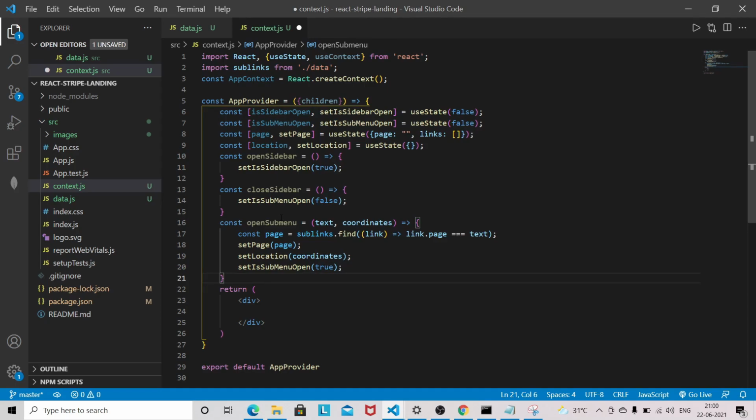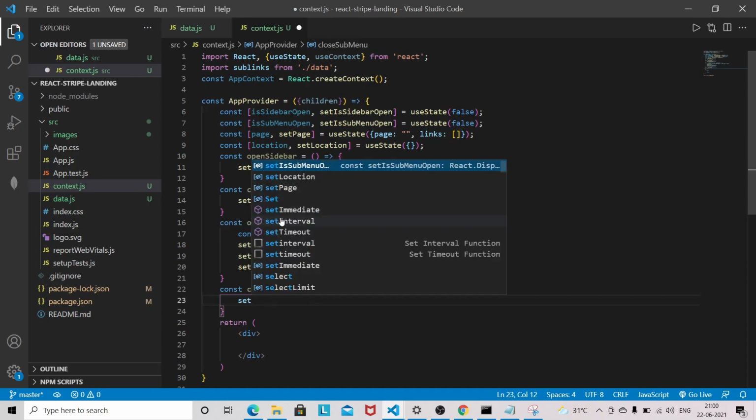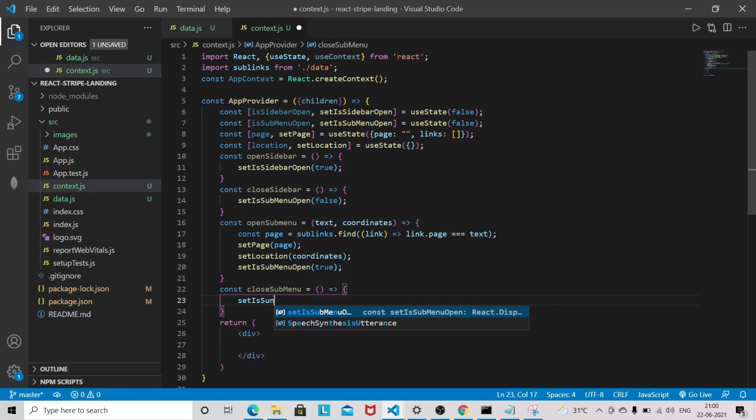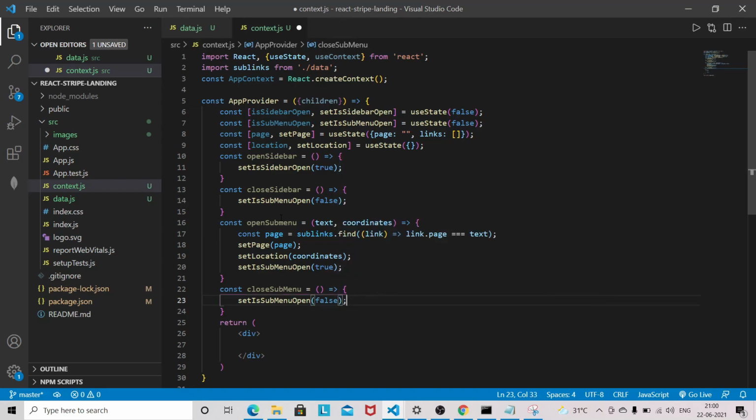Now we will have the one for closing the submenu as well, so let's create that one. Const closeSubmenu, and setIsSubmenu will be false, so I'll be just passing the false value.